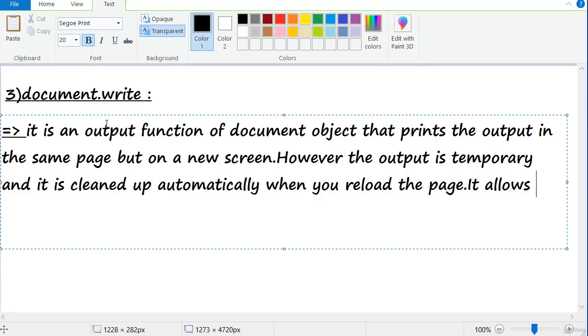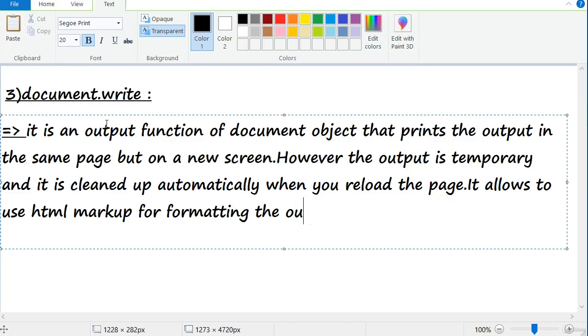It allows to use HTML markup for formatting the output. So this is about document.write function.